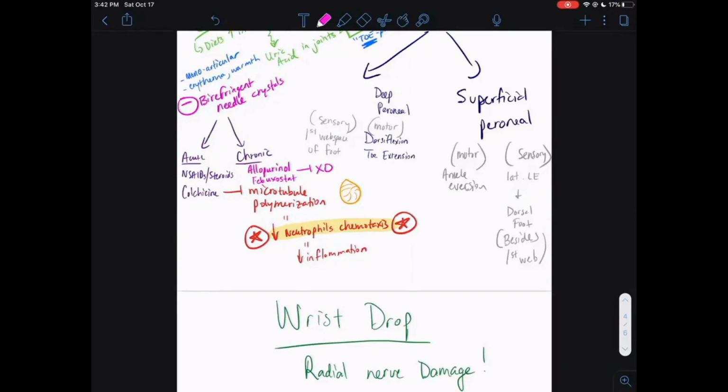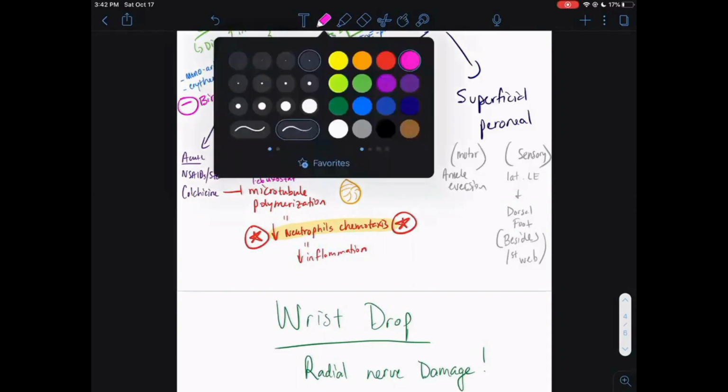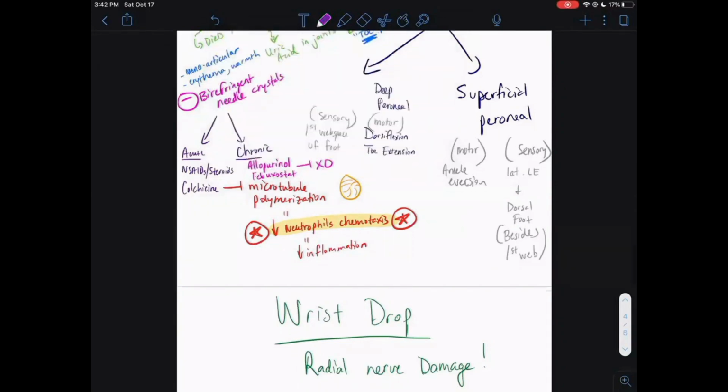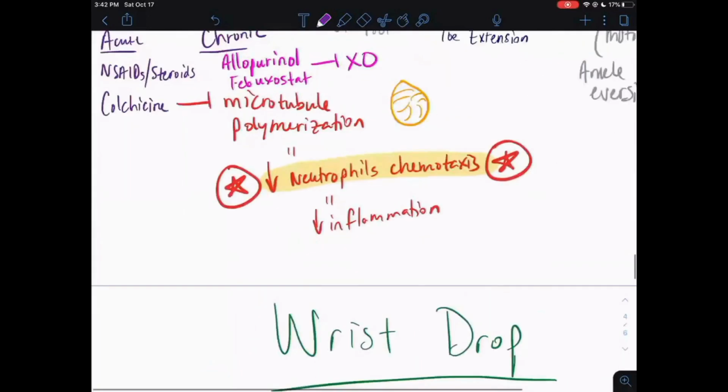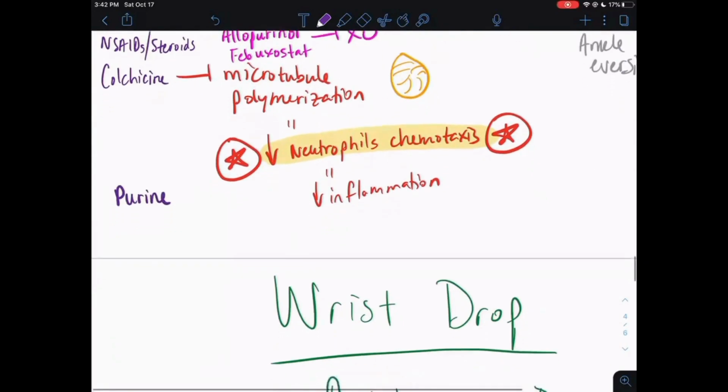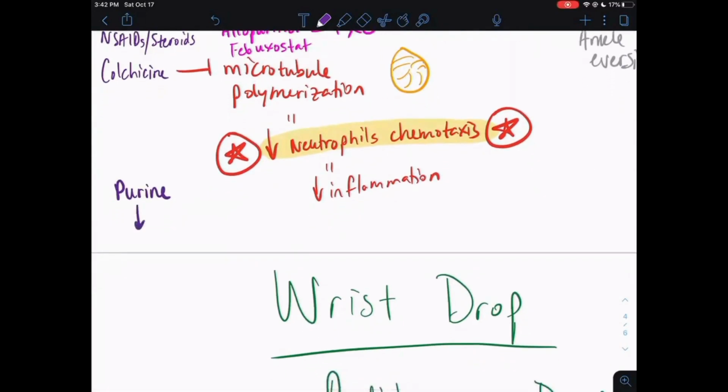So why do you want to inhibit xanthine oxidase? I'm going to tie back to biochem again for you guys. All right, so let's just think right here. What does xanthine oxidase do? So you start off with your purine pathway. And remember, we said these are people that have diets that are too high in purines, and that becomes a problem. All right, so the purines get broken down into hypoxanthine.